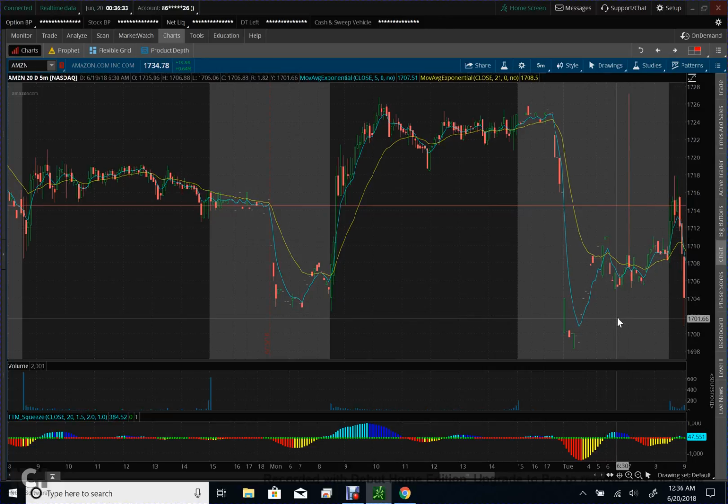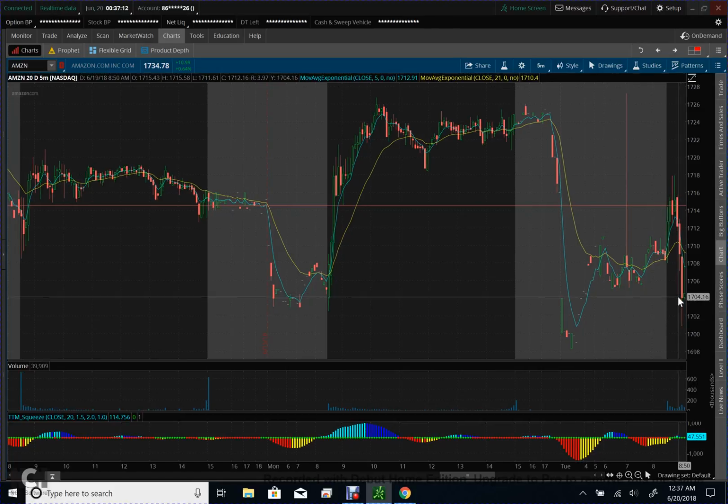So even though we came down almost to 1700, based on yesterday's pre-market, yesterday's candle low here on the 5-minute, some people are buying here. Same people who bought here between 1702.56 and 1704.10. People were buying there, and maybe throughout the candle, with the lower wick here, you see some more buying. With this lower wick, you see some more buying, and it just kind of picks up from there, goes up,